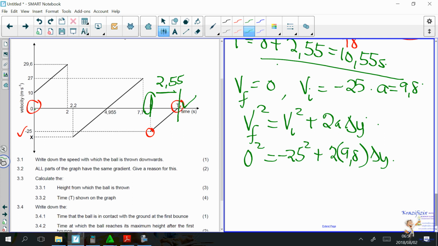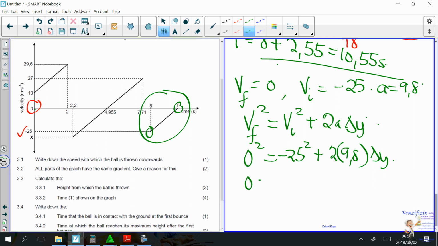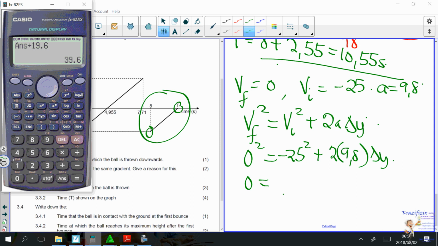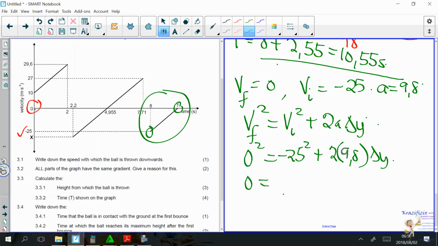Guys, remember I am dealing with, let me clean this again, I am dealing with these velocities. So whatever I get must be within this frame. All right. So what am I going to have here? 0 equals 25 times 25 should give us 625. Let's confirm that 25 times 25. You have your calculator, please confirm. But we must learn some of these things just by heart. 25 squared gives us 625. All right. 625 plus